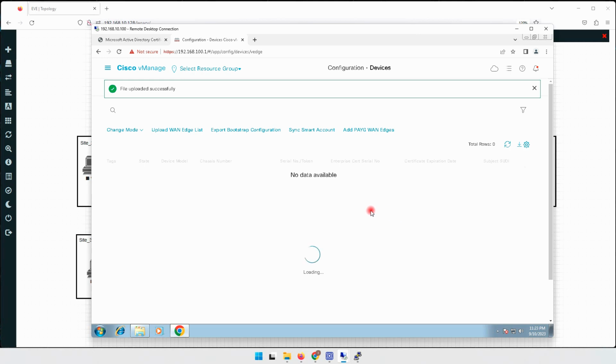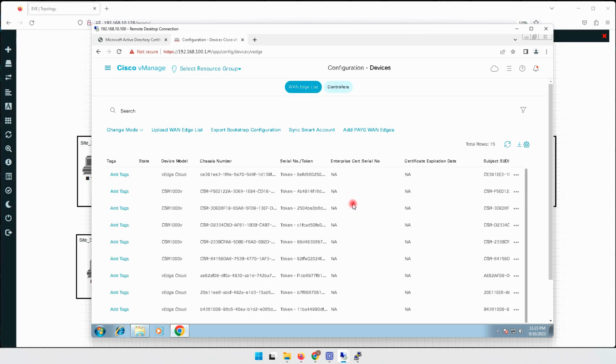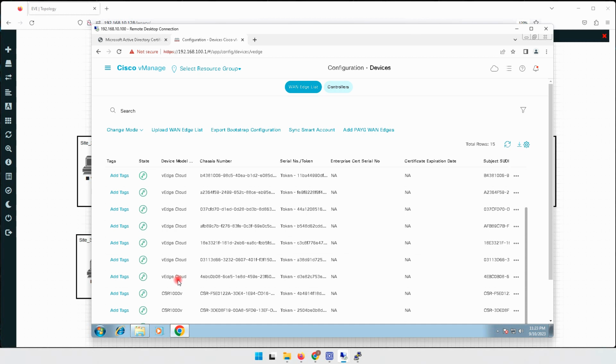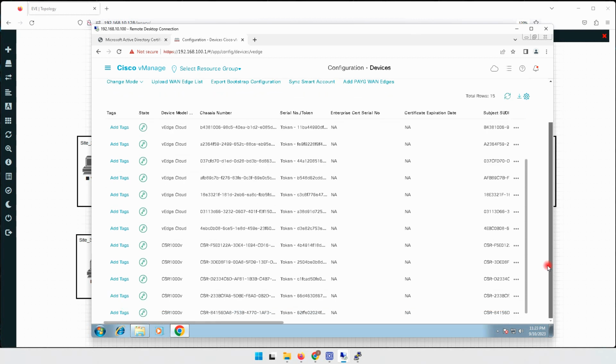And here in the list you can see that 15 different devices are uploaded, and let me sort them by the model. You can see we have 10 vEdgeCloud here, and 5 CSR 1000V. This CSR 1000V, as I said before, we can also use with the SD-WAN functionality and add to our network, but these devices take a lot of processing and need a lot of RAM,